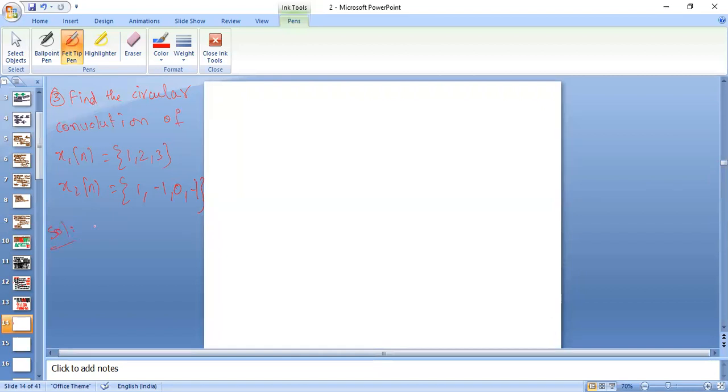So coming to the solution, N is equal to 4 here